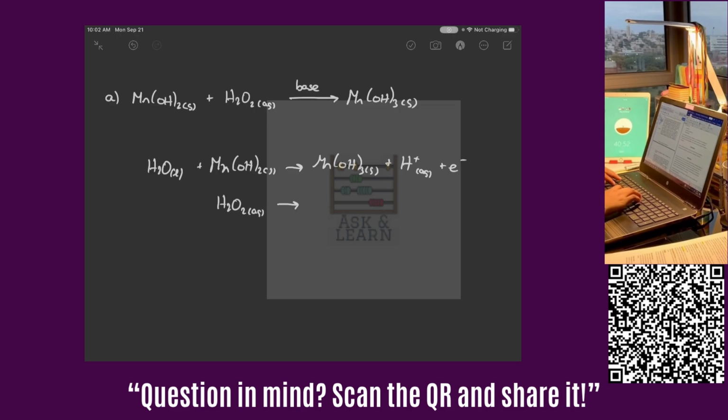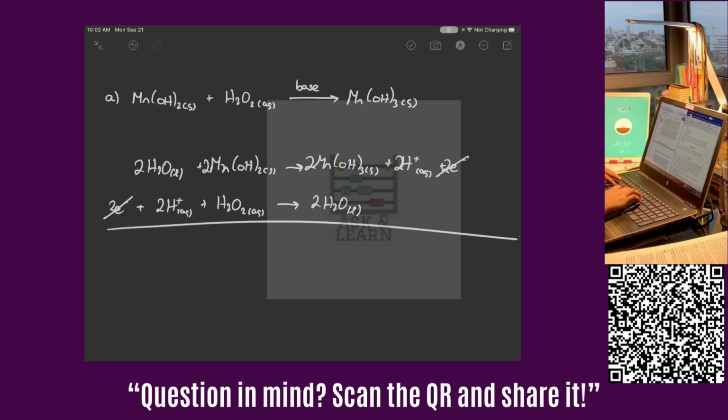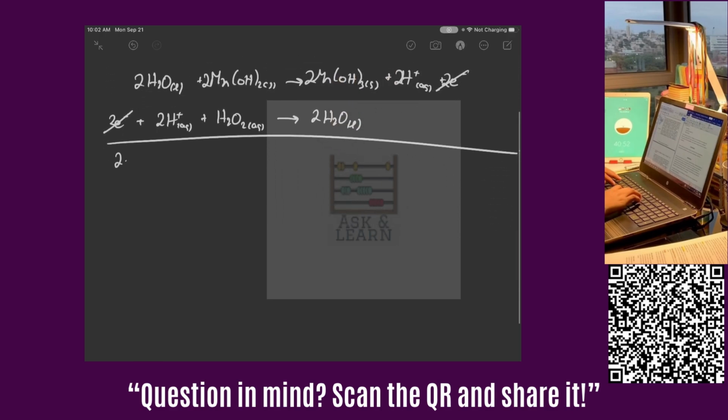H2O2, and to balance this, we'll put 2 H2O to balance the oxygens, and 4 hydrogens, 2H plus to balance the hydrogens, and 2 electrons to balance the charge. I'm going to double this half reaction here. That would allow me to cancel out the electrons, and this would leave me with 2 H2O would also cancel, H plus would also cancel, and I am left with